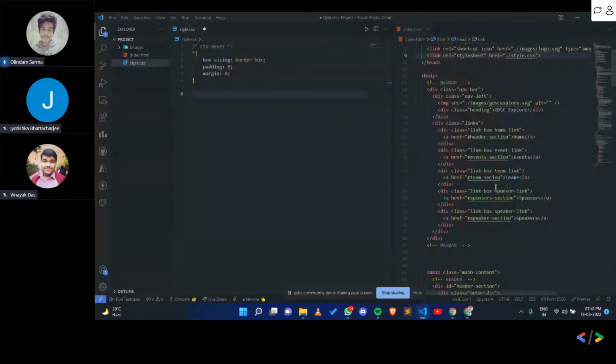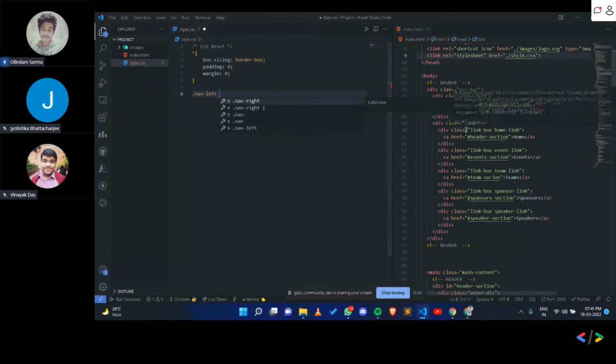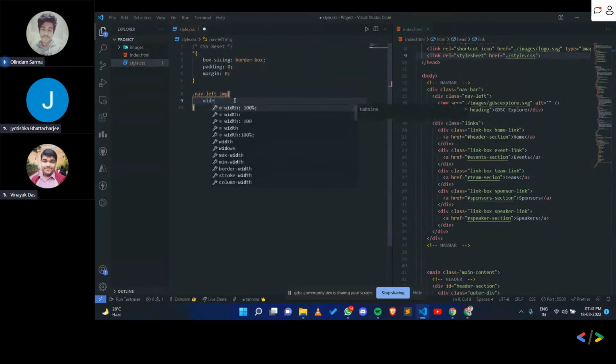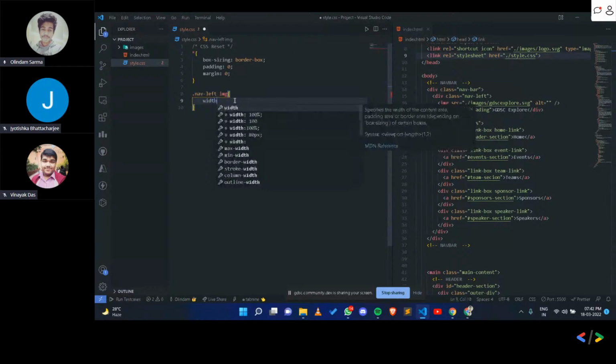I have to now target that tag, right? So where is that tag? Under the nav-left div, we have an image tag. So I write dot nav-left. Under it, I have to target img. I write something like this, dot nav-left, under it I have the image tag. So I write this. Then I want its width to be smaller, around